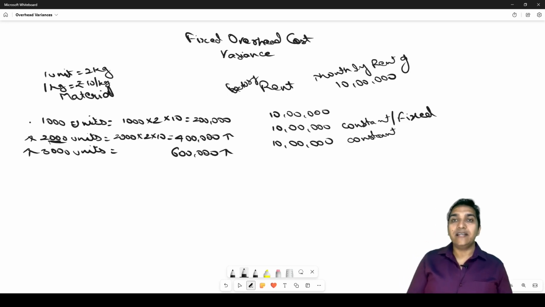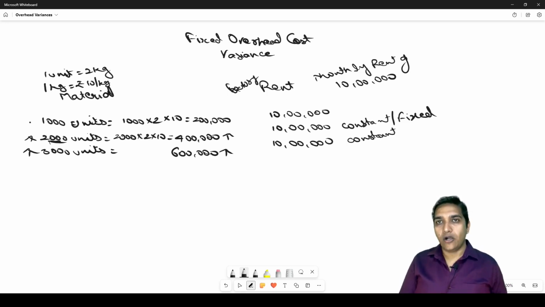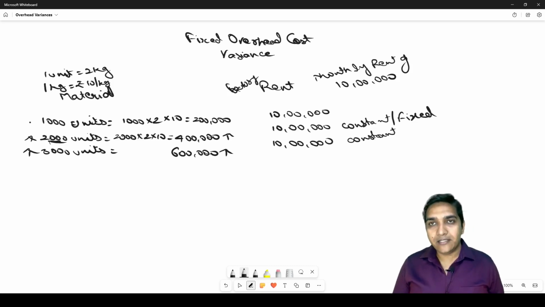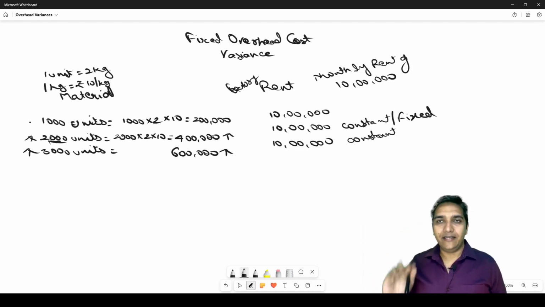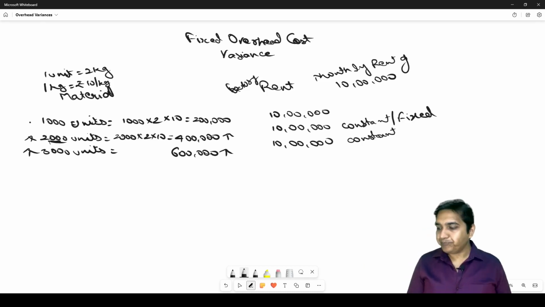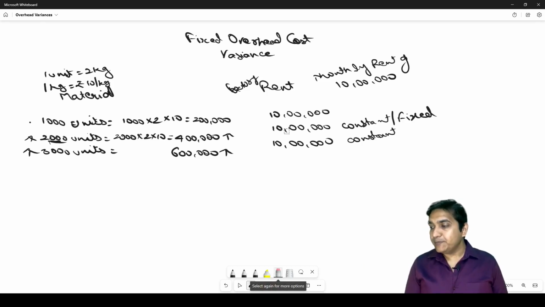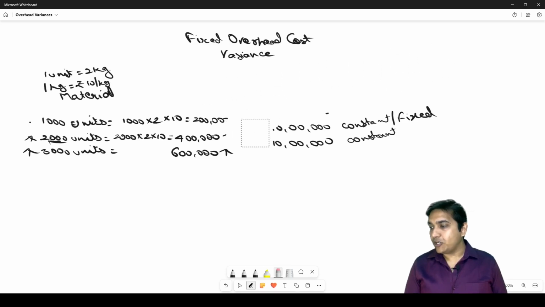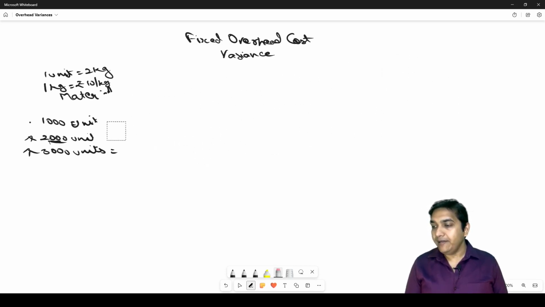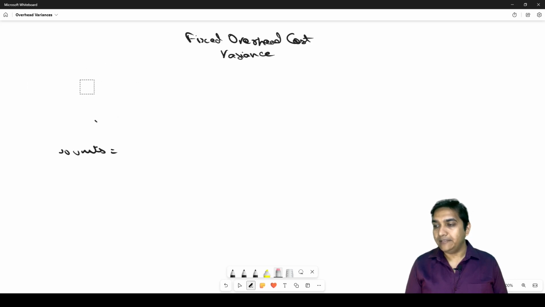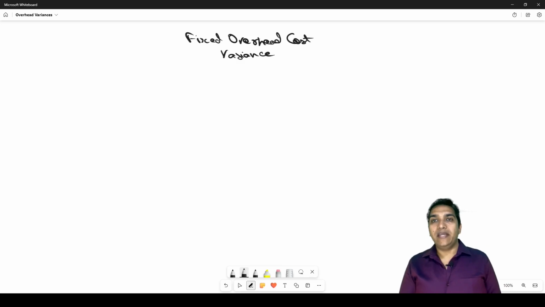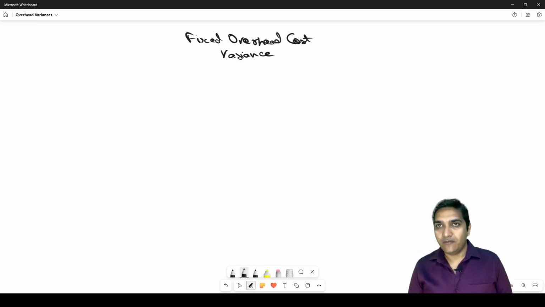So this is called fixed cost. So fixed cost is cost or expense or overhead which does not change with the change in my production level and is fixed in totality. Now with this basic understanding of what is fixed cost, let us understand the variances of fixed overheads. So first we have fixed overhead cost variance. So the formula to calculate fixed overhead cost variance is